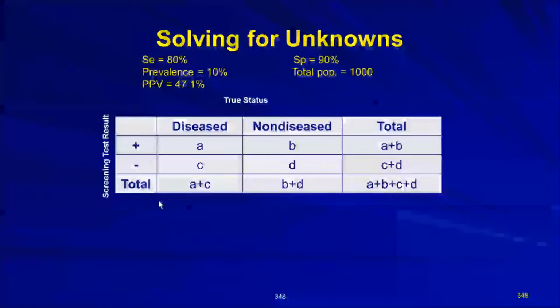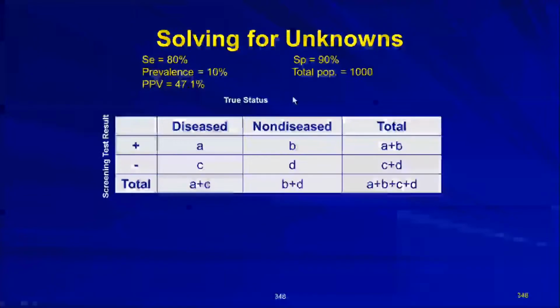So we will use those numbers to go ahead and solve for it. In order to fill in these boxes with the information provided above: sensitivity is 80%, specificity is 90%, prevalence 10%, total population is 1,000, and PPV, positive predictive value, equals